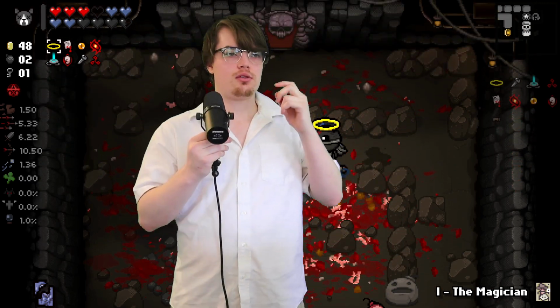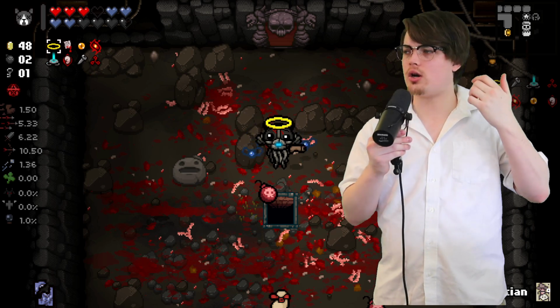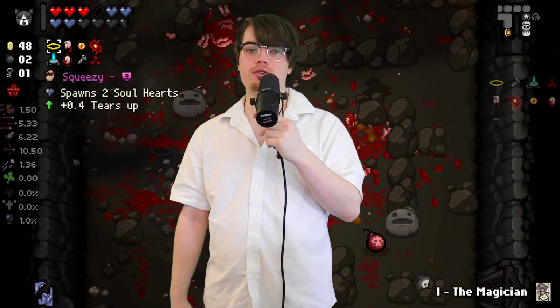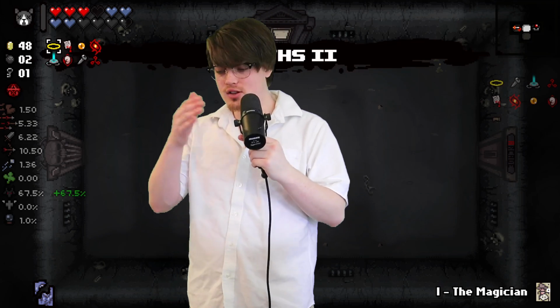After you fight Mom, you fight It Lives. Or is it Mom's Heart? It's Mom's Heart. It Lives is after Mom's Heart, but it is Mom's Heart. Mom's Heart is going to be the final boss for you for a little bit. After you defeat Mom's Heart about 11 times, then you can fight It Lives, and then you can make more